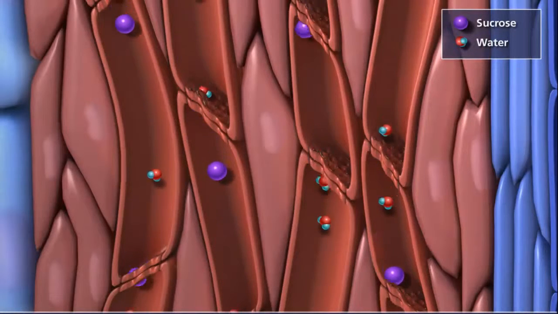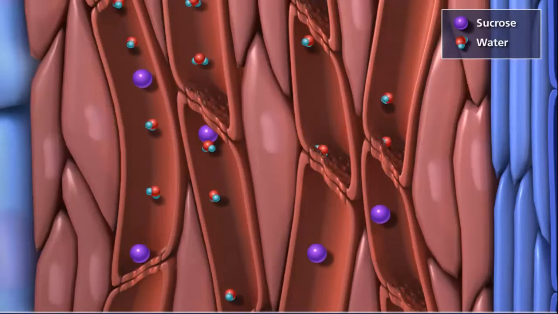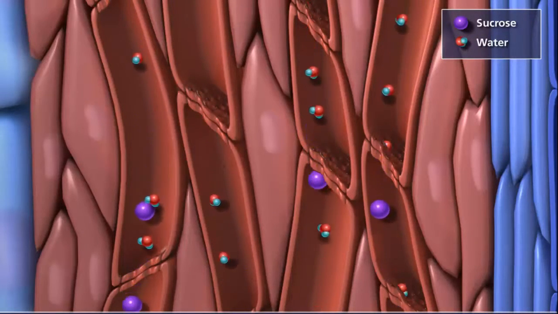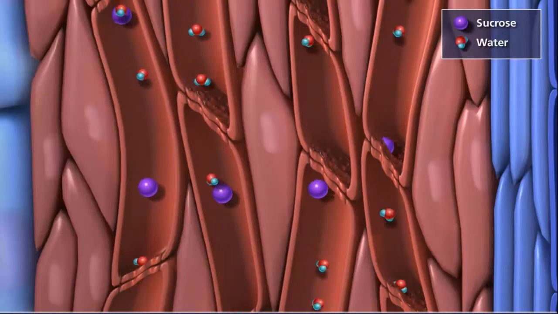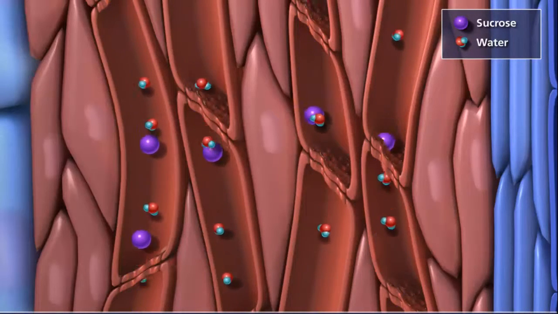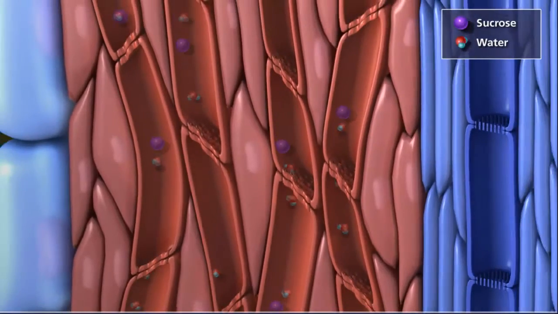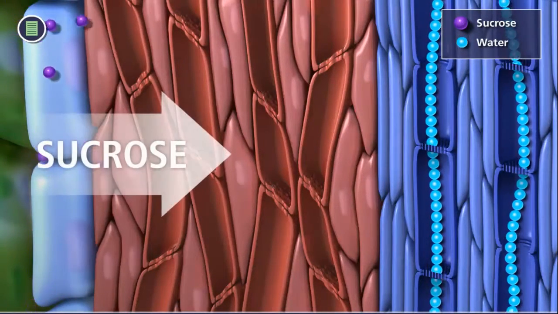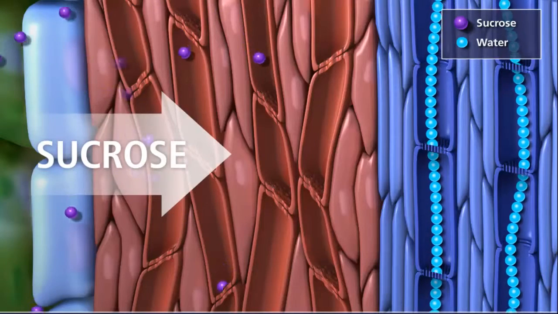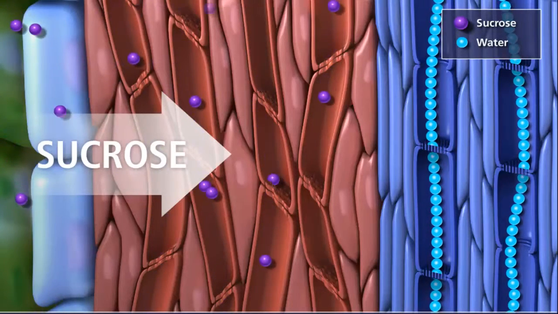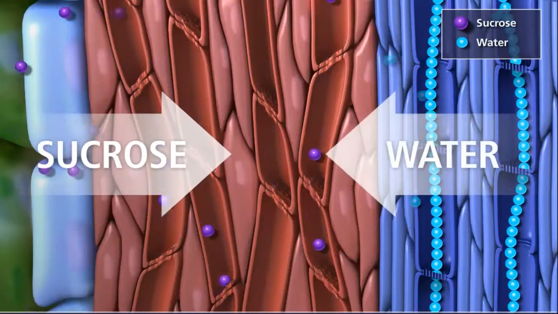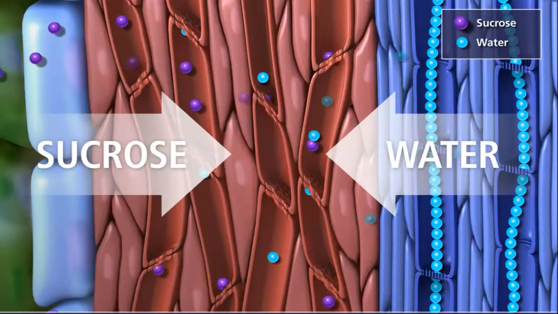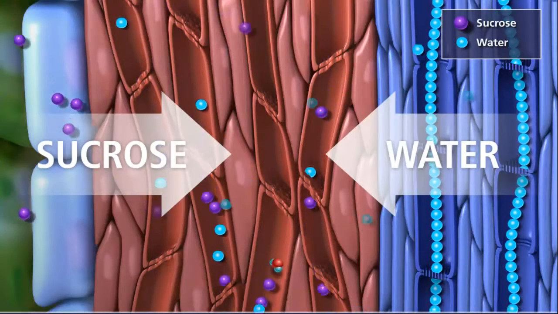These structures aid in the movement of carbohydrates, like sucrose, that are manufactured in the leaves and carried in the phloem throughout the plant, a process called translocation. Turgor pressure increases in the sieve tube members as sucrose from surrounding cells is brought into phloem through active transport. Water then enters phloem from xylem by osmosis, which drives the transport of